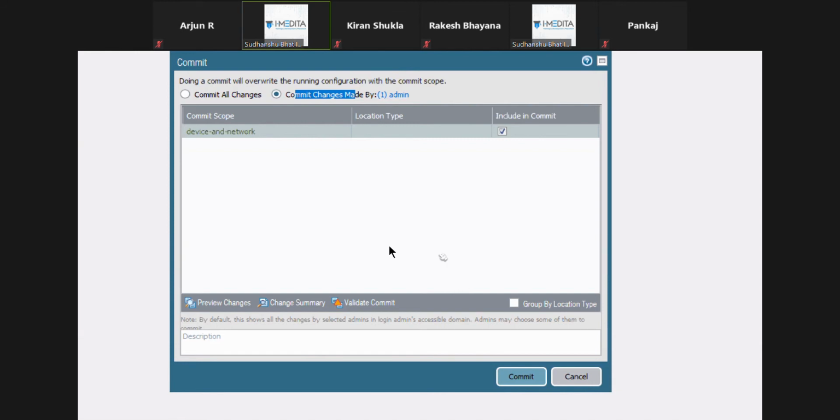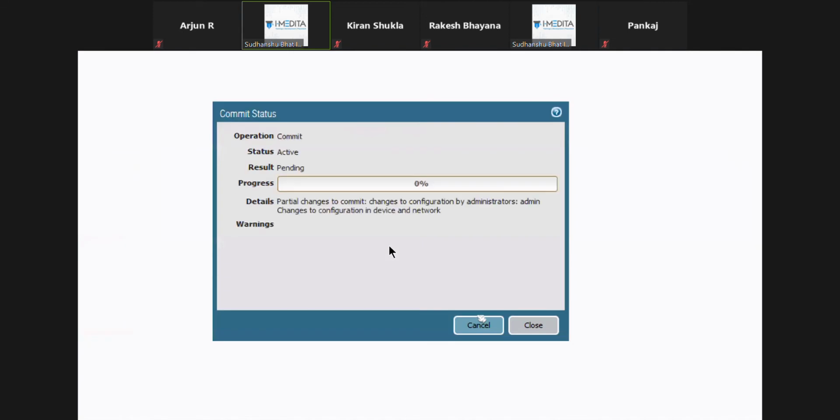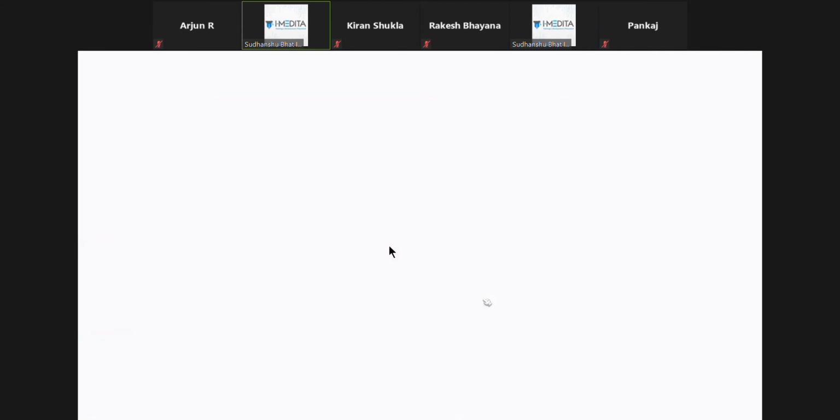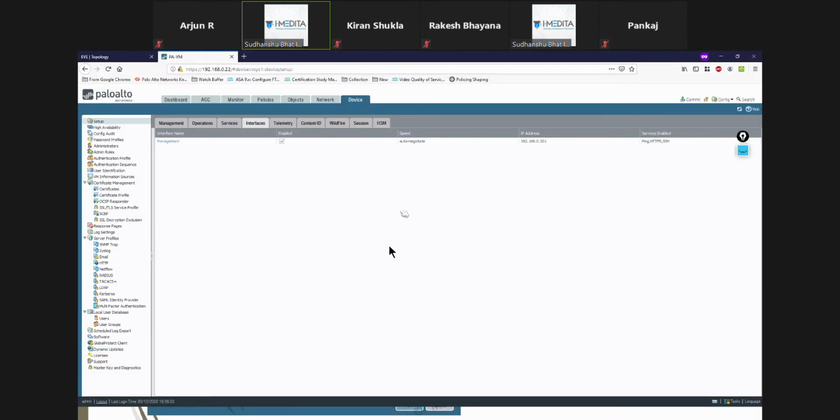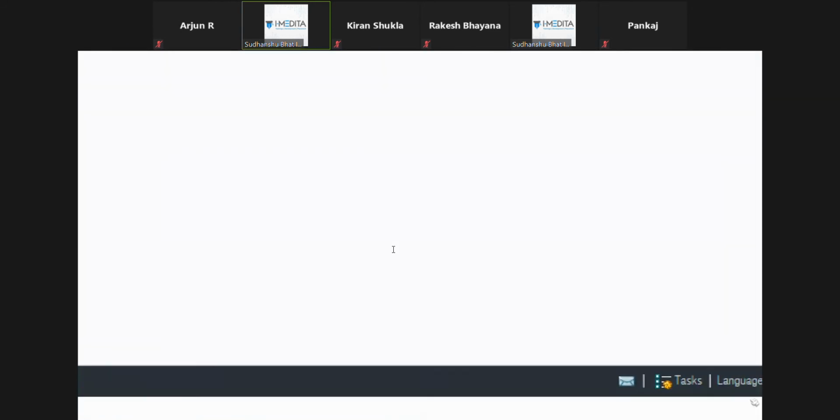So you can click this, click commit. It's going to take some time. You can close this, no need to keep it open. If you want to have a look at it later, you can click on this task button to see whether that task has completed.